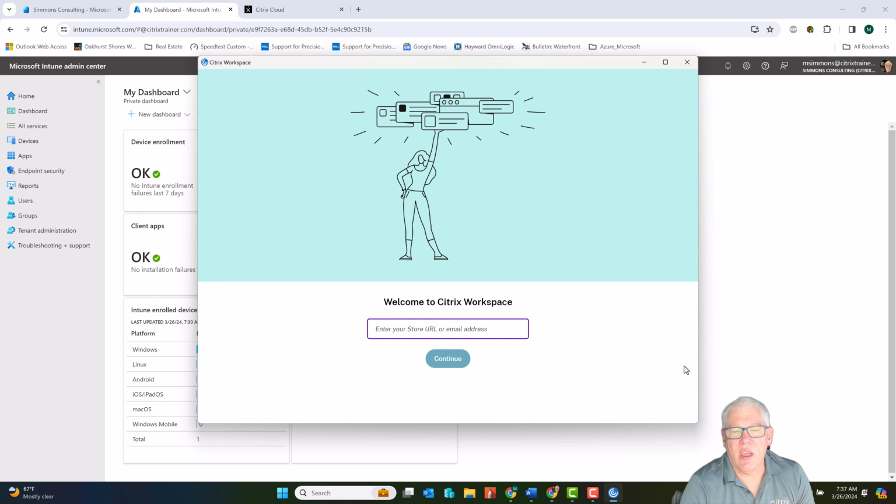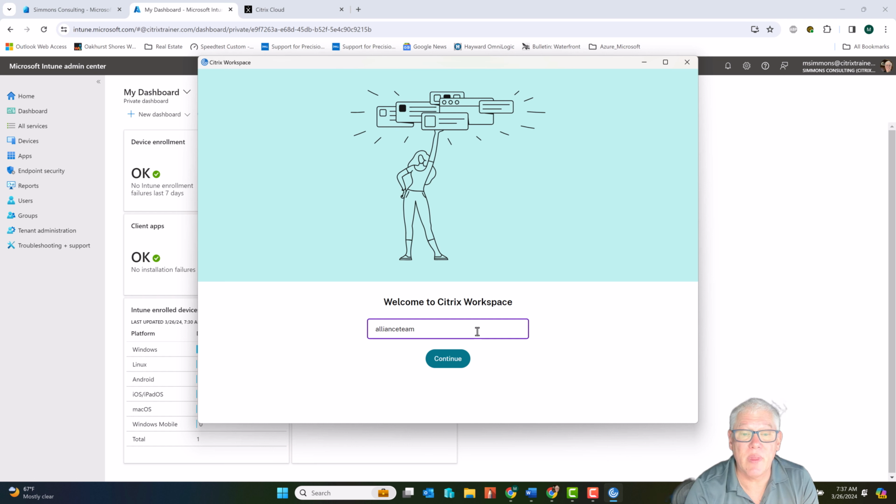Or there's actually something else that you can turn on called email-based discovery. It actually involves adding some records to DNS so that when somebody puts an email address in here, the client looks for the domain name part of the email address. And then what it'll do is it'll go out and use DNS to go find this address. It's actually a kind of cool system, but it's kind of beyond the scope of what we want to talk about here today. So I'm going to go ahead and just say, hey, what's the workspace address? So it's going to be